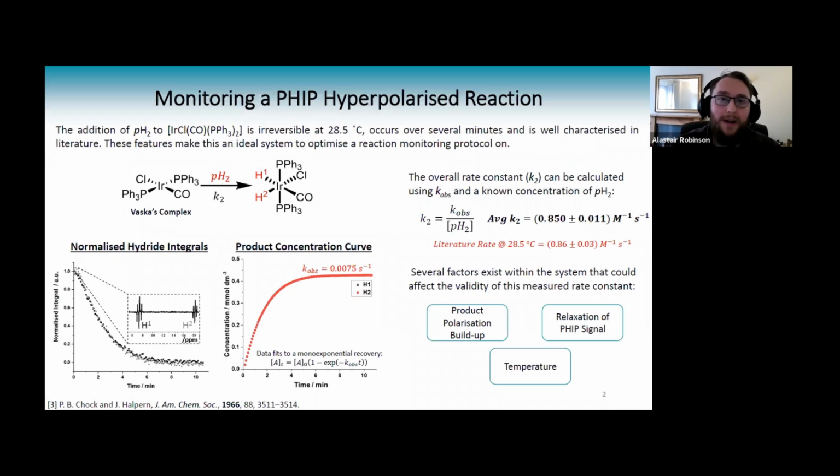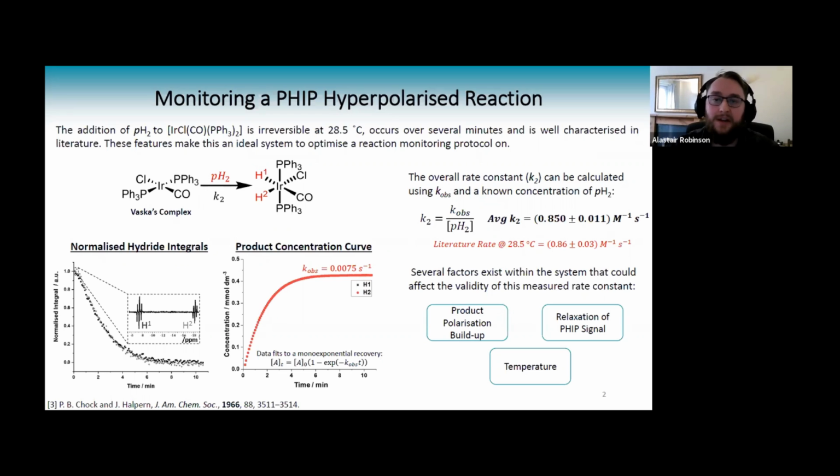So to develop a reaction monitoring procedure, I used a model reaction, in this case, the addition of parahydrogen to Vaska's complex. I chose this because it's irreversible at the temperature of the spectrometer, and also under the conditions used, there are pseudo first order kinetics, so it's nice and simple. To monitor the reaction, I recorded a proton spectrum every 5 seconds, measured the hydride integrals and plotted those against time. What that tells me is the PHIP activity of the reaction over time, which decays as we consume our